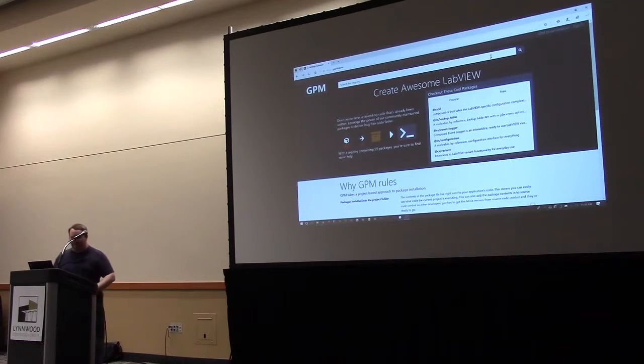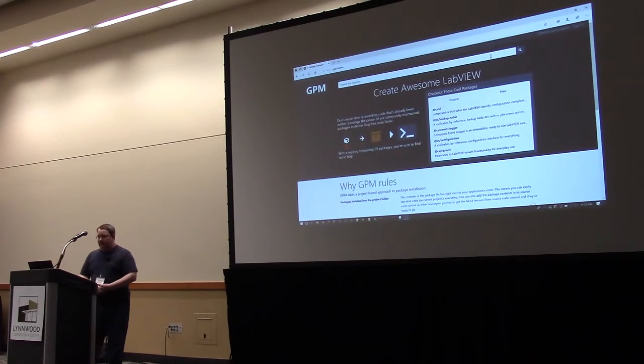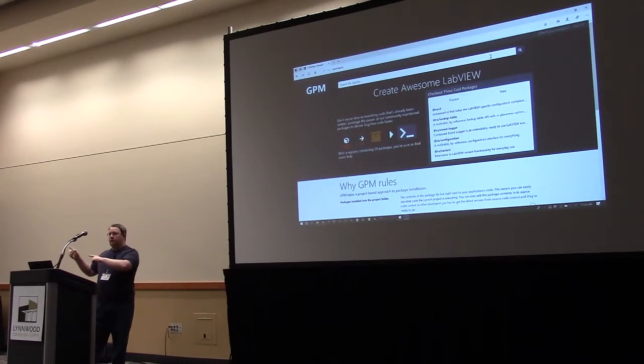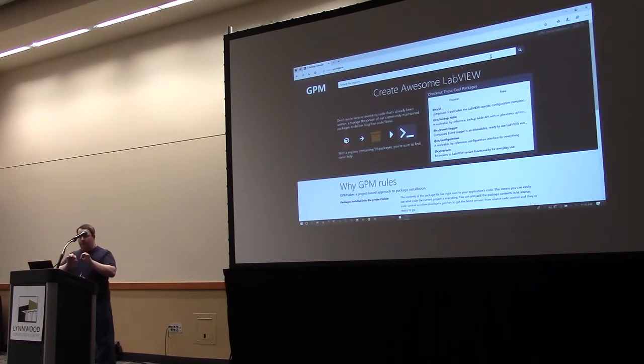If I understand correctly, it's kind of like Node.js or NPM where you have different revisions and versions of packages existing with different projects, unlike the VI package manager where you install a certain version that moves into your LabVIEW characters, right? Right, yeah, VIPM moves things into your user lib or VI lib or wherever the publisher says to move it. GPM puts it into your individual project folder underneath the source, not in LabVIEW land. So it's local to that particular project. Is there another question?